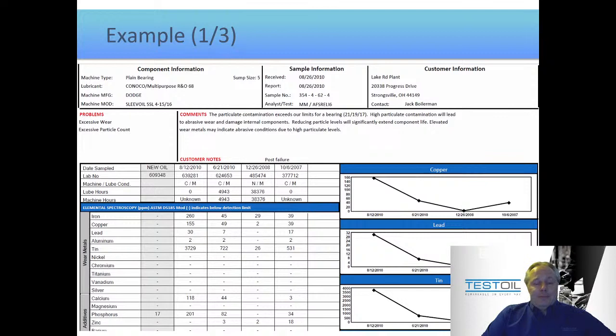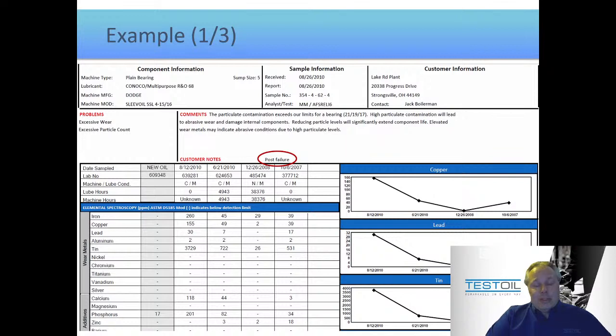This report here, I will make note, is from a failed bearing. So this one has actually failed already. So we're not here to decide if there's a problem. We know there's a problem. We know this bearing has failed. What we're trying to do is see the report from the perspective of, can we figure out why it failed, how it failed. So with this, I'd like to show you a snippet from one of our other sections of